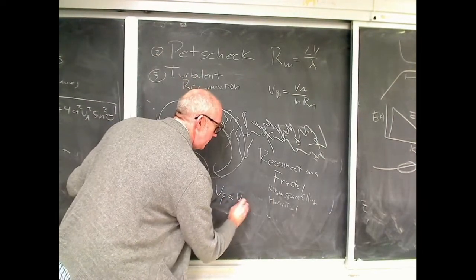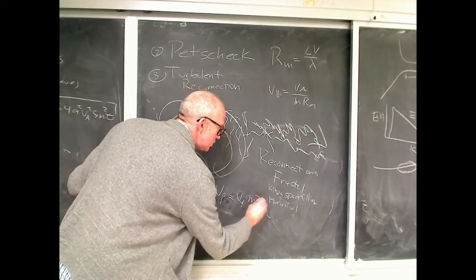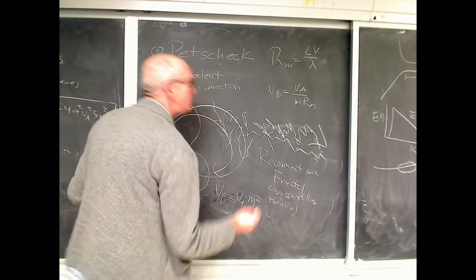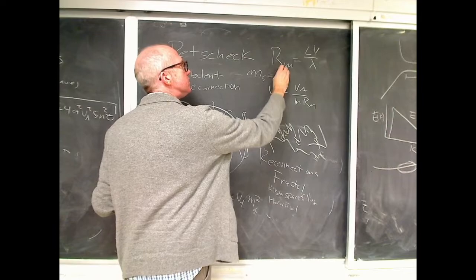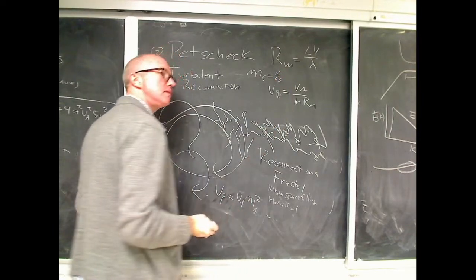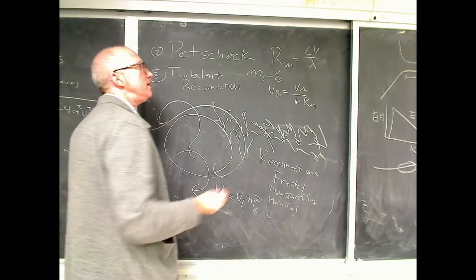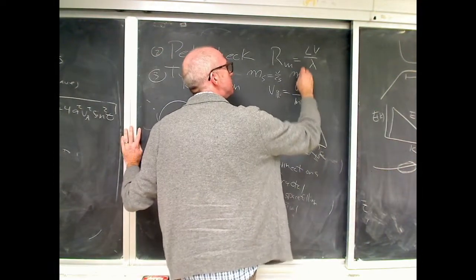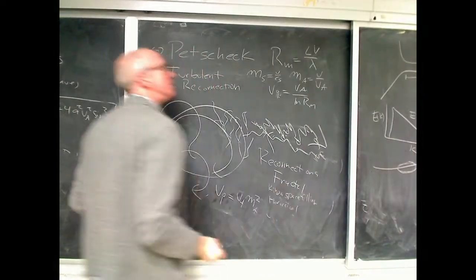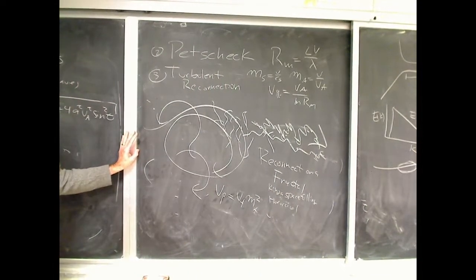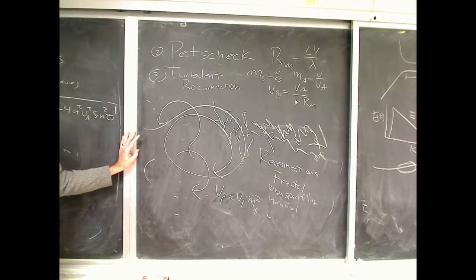And our reconnection velocity becomes VA times the Mach number, the Alfvén Mach number squared. What's the Alfvén Mach number? The sonic Mach number is the velocity over the sound speed. The Alfvén Mach number is the velocity over the Alfvén velocity. And it's really an important quantity when you're looking at dynamical systems. If you've got a dynamically turbulent cloud,